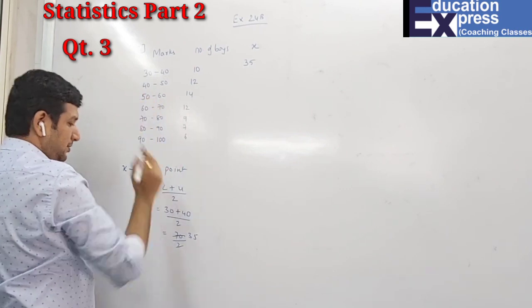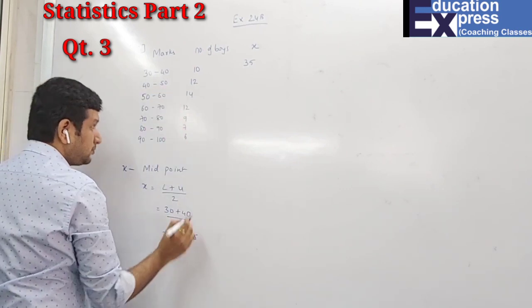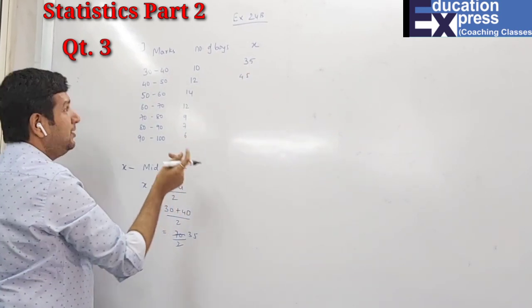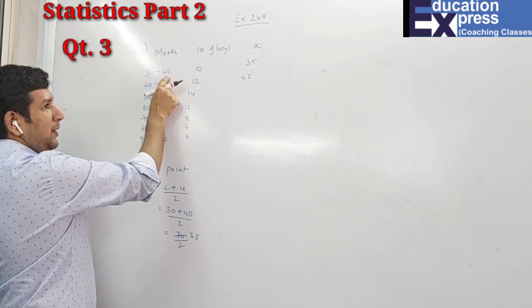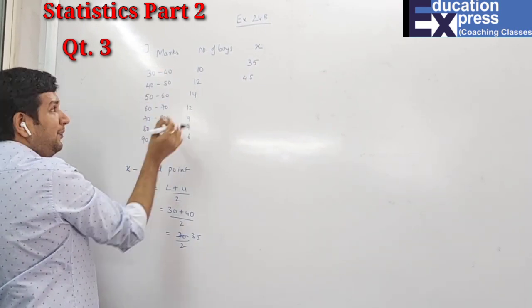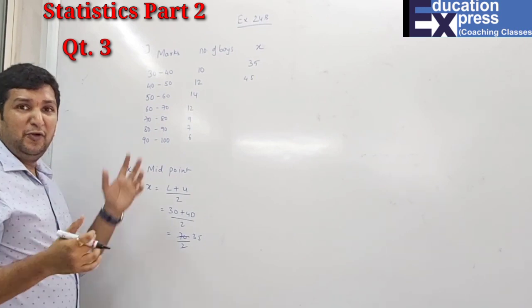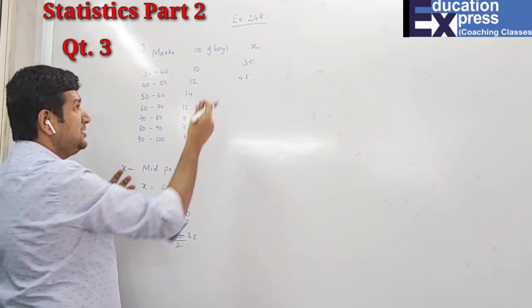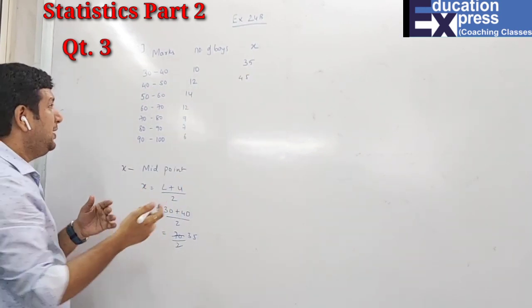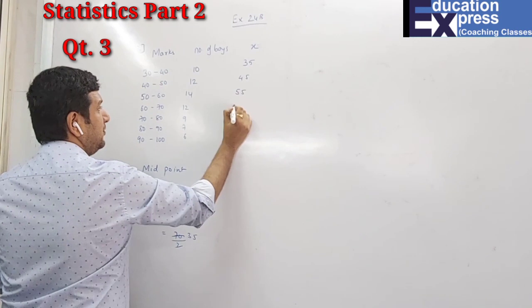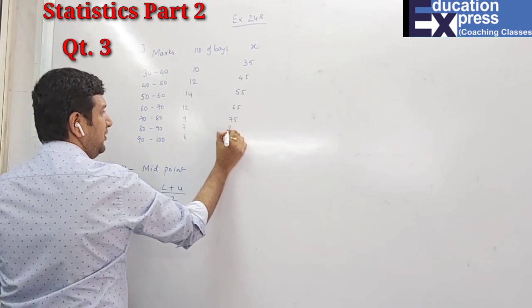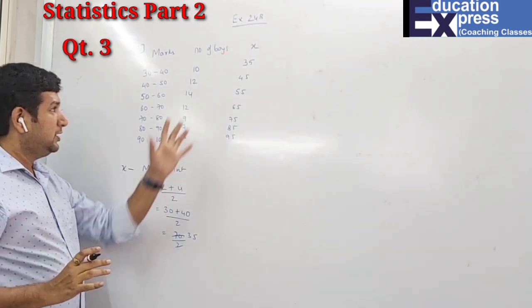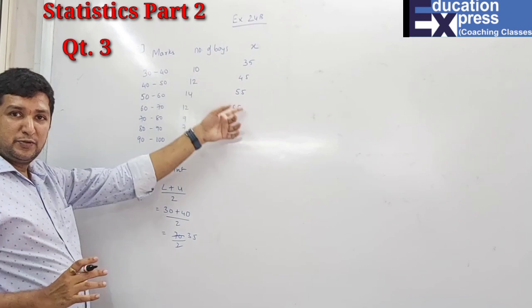Okay. Second, 40 plus 50, 90. 90 upon 2 is 45. Now can you see the gap is 10? Why is the gap 10? Because with the lower limit and upper limit, the gap is throughout 10. Even if you don't calculate, it's okay. You can just find the gap of 10, 10. That means after this 45, adding the gap of 10: 55, 65, 75, 85 and 95. This is how you got your x. Okay, this definitely will be a part of your observation.